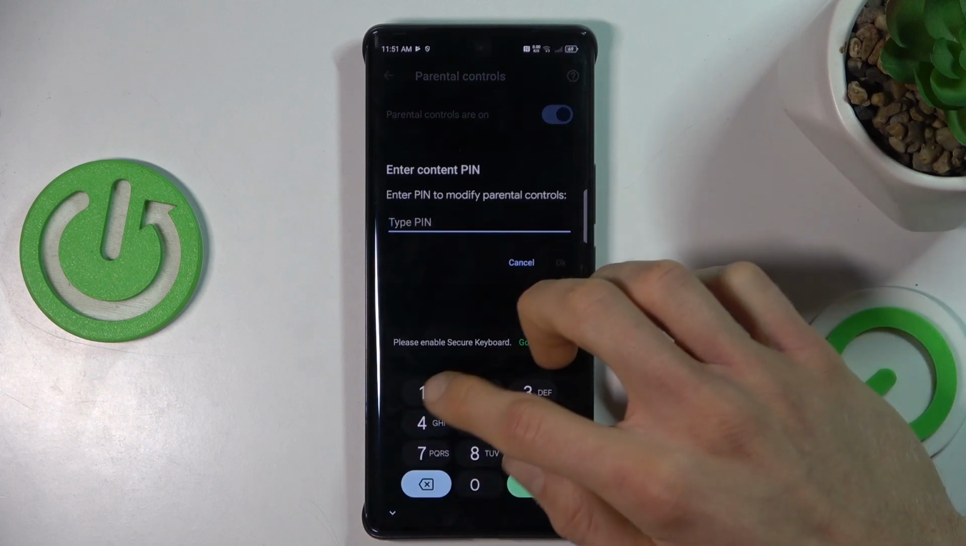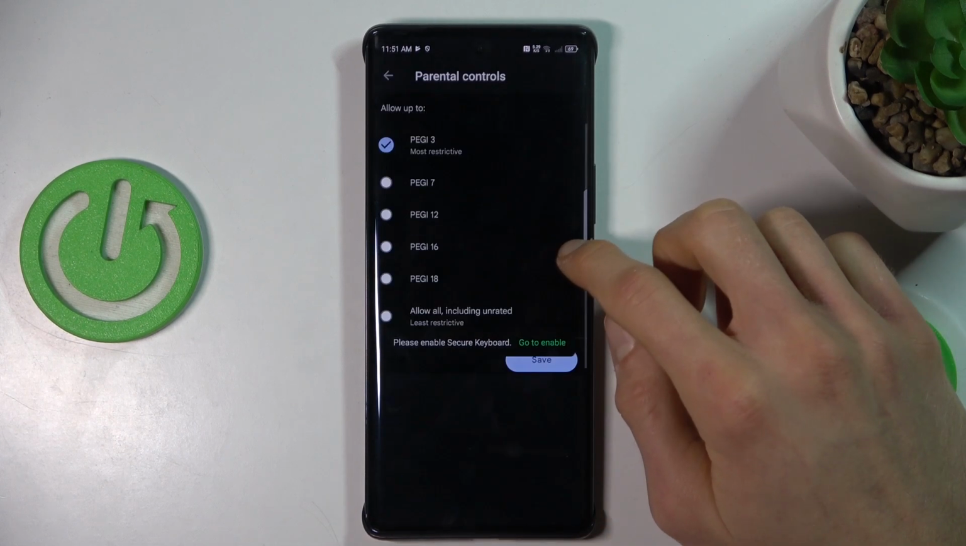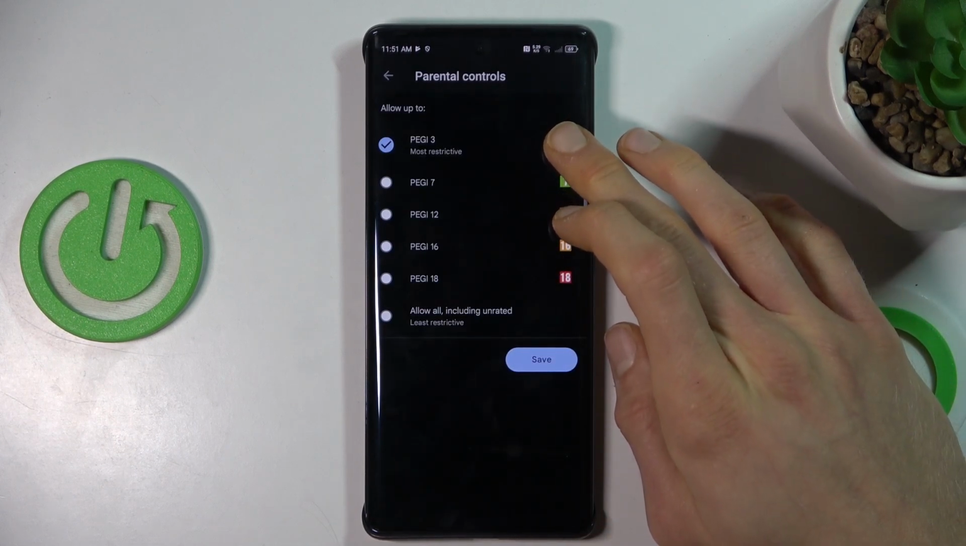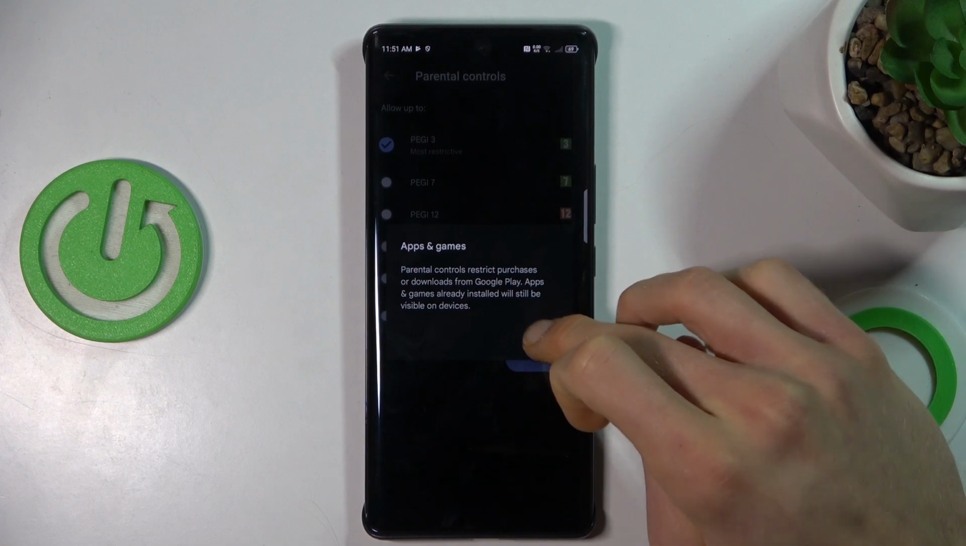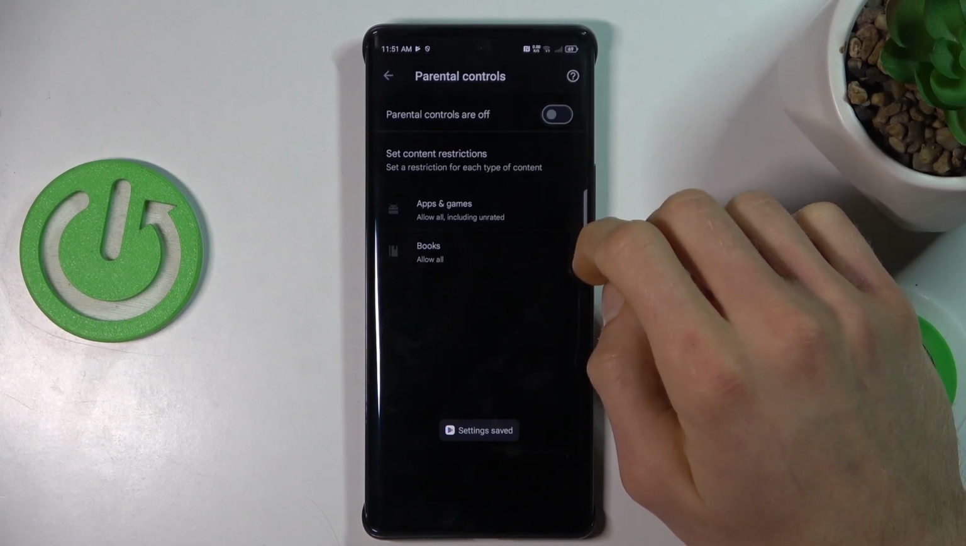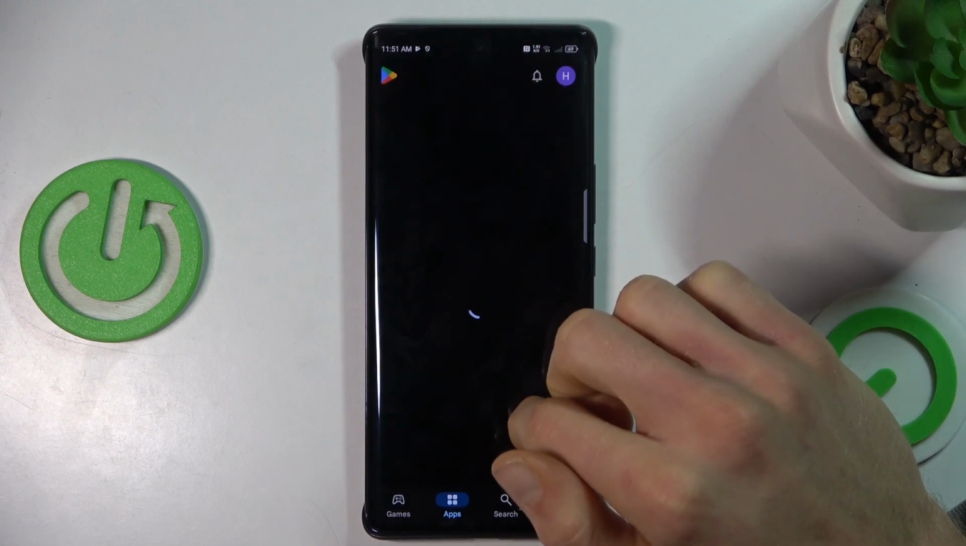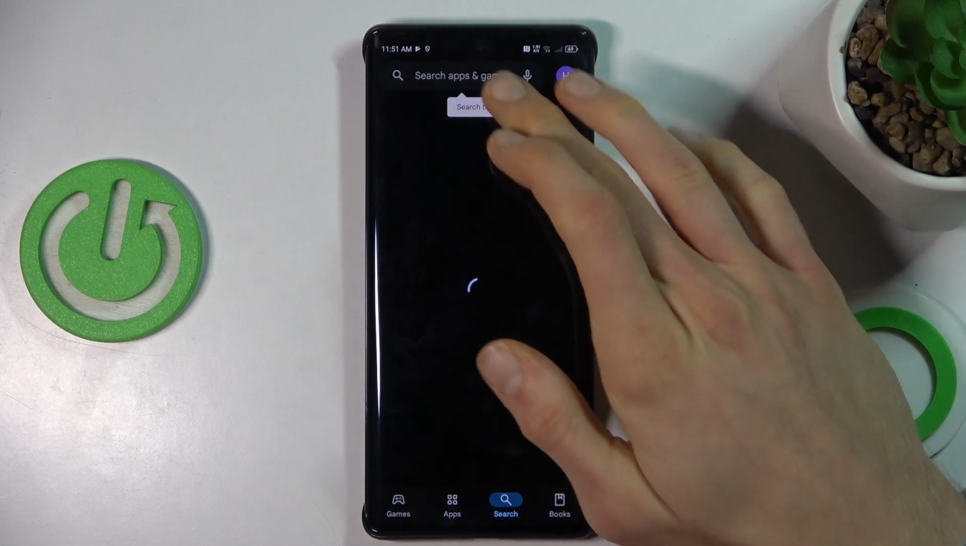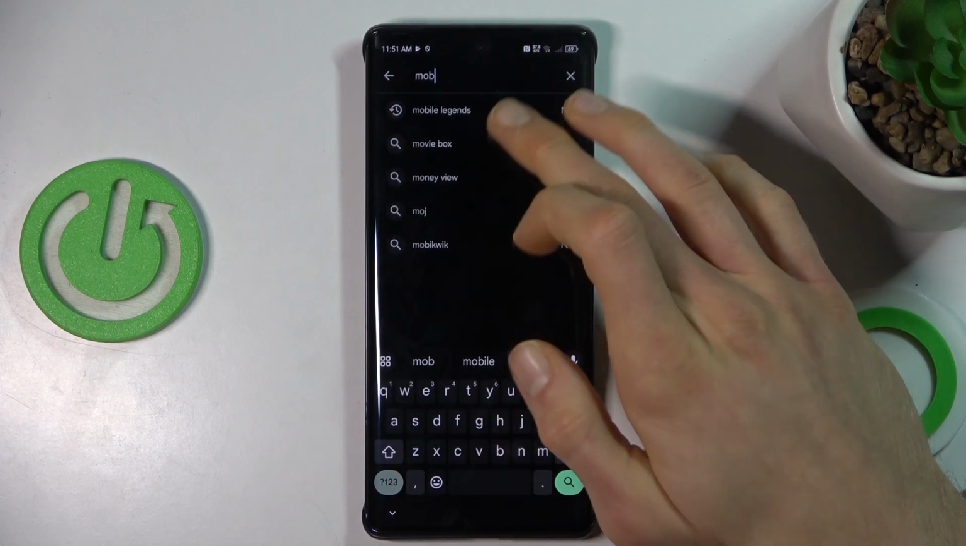To change it, tap on it, enter your connect pin to your parental controls, and now we can change it from page 3 to maybe allow all included unrated, configure, got it, and save. You can also turn off your parental controls by switching it off. And that's all. We can go back and try searching Mobile Legends again, which is visible right now, and